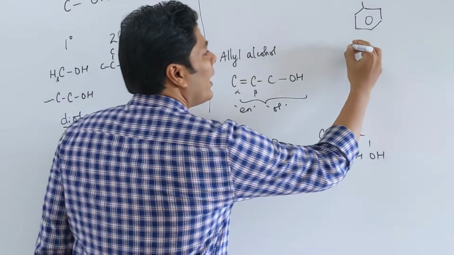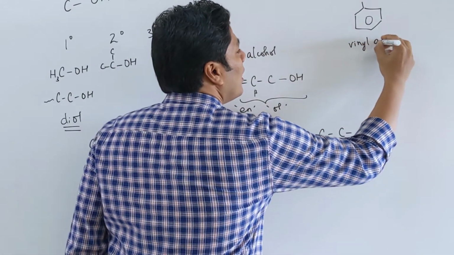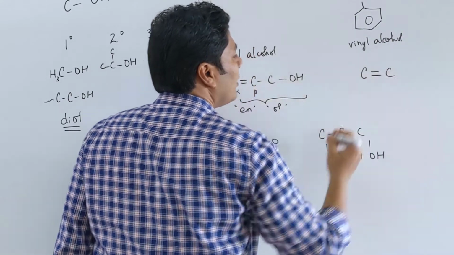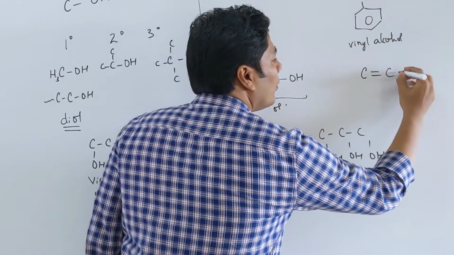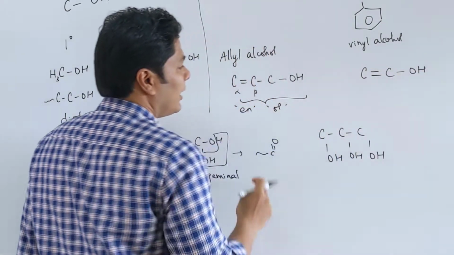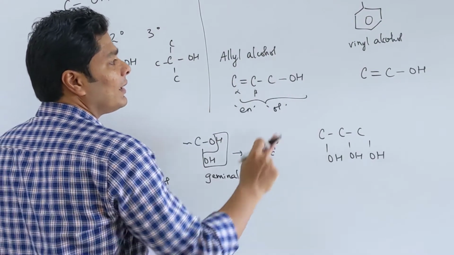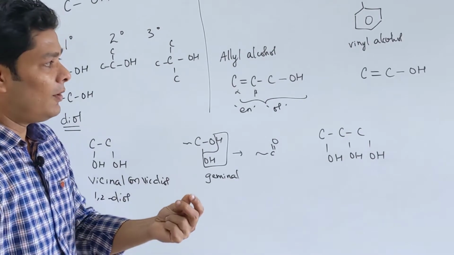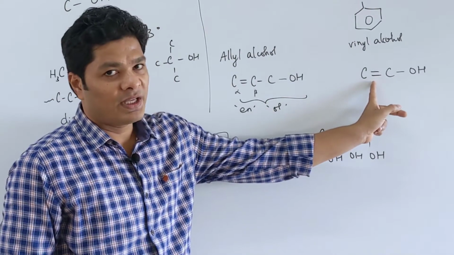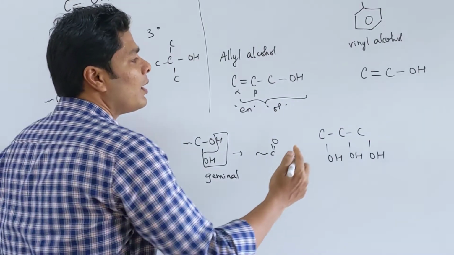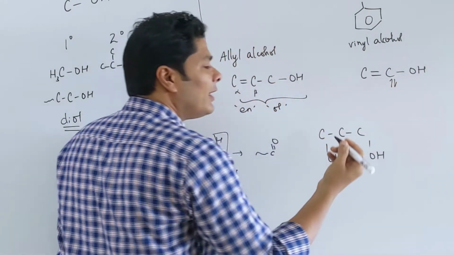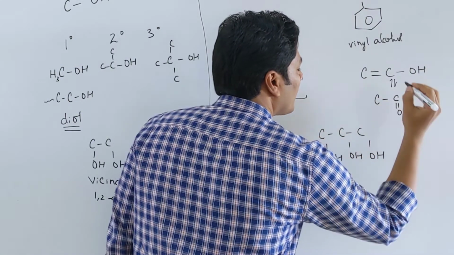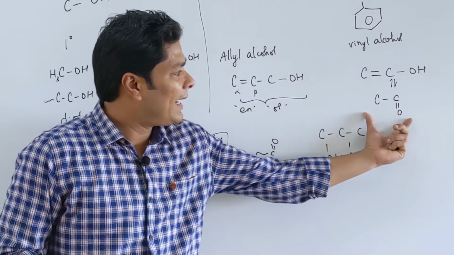The last one that you have to remember is a vinyl alcohol group. Vinyl group is nothing but an ethene group, and if the alcohol OH is attached directly to that carbon, unlike here where it is an adjacent carbon, that's called a vinyl alcohol. Anytime you have vinyl alcohol or something like a vinyl alcohol where the OH is attached to a C double bond C, this is going to be unstable. It will tautomerize. We have done tautomerism separately in a different lecture. It will tautomerize to the corresponding aldehyde.